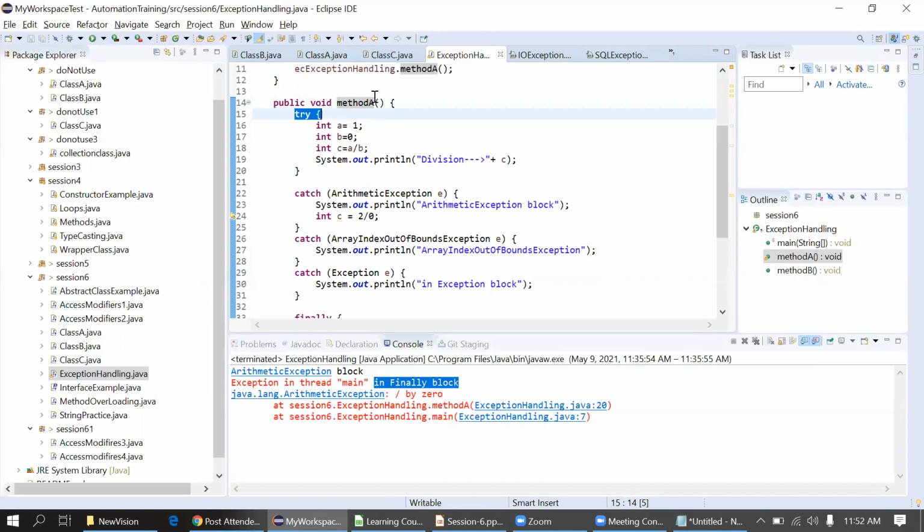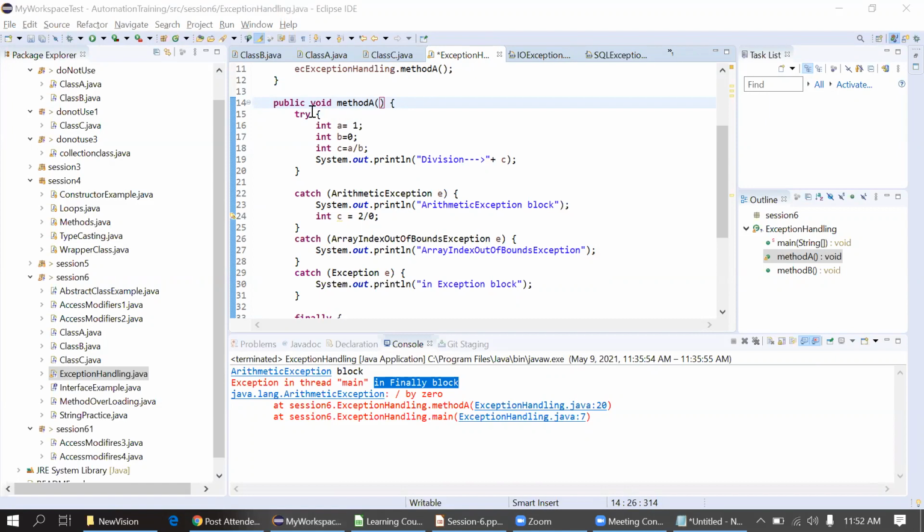But if you are not using try catch and you are using the throws keyword here, and you inherit this method to the new class, then it will simply ask to handle the exception at the child class as well. So when you are using the inheritance concept, don't go for these throws. Just use try catch always. So next time you don't have to do any extra coding at the child classes.